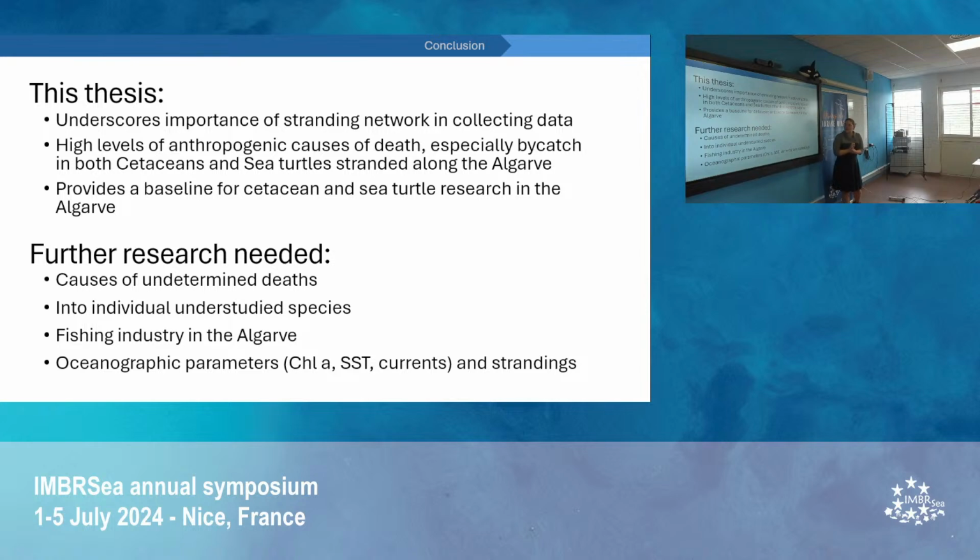Further research is needed, obviously, into the causes of undetermined death for both cetaceans and sea turtles, as I previously mentioned. Research is also needed into individual understudied species, such as the minke whale, which doesn't necessarily have a cause for why we're seeing the statistical significance that we are seeing. And into the fishing industry in the Algarve, so what exactly types of nets we are seeing, specifically in cetaceans, which is not easily studied,